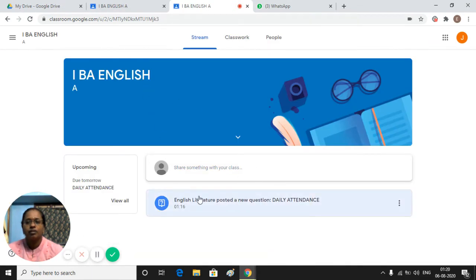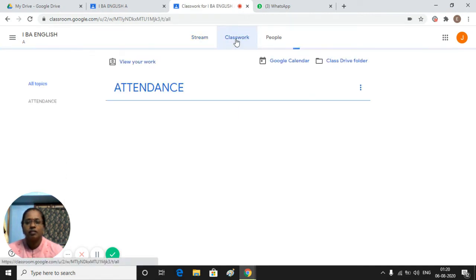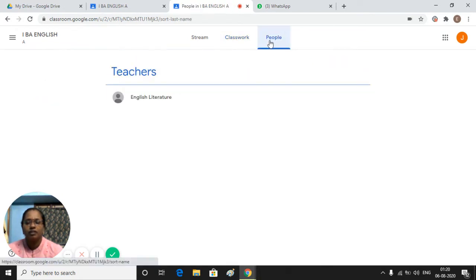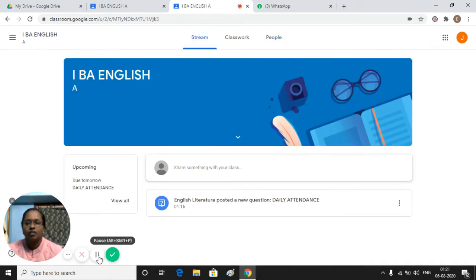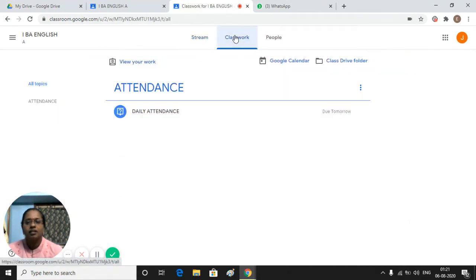The student now looks at the post that English literature posted a new question on the stream page, then classwork, the student view, attendance, and then checks the people. There will be the teacher, and there is no other student, only one student I invited now. Now the student opened the class and the teacher posted attendance, and then the student should click classwork and daily attendance.